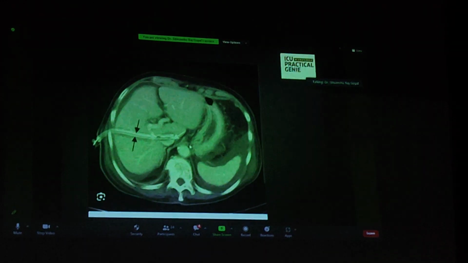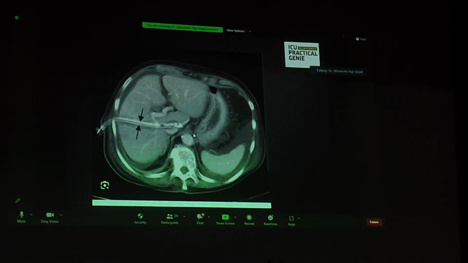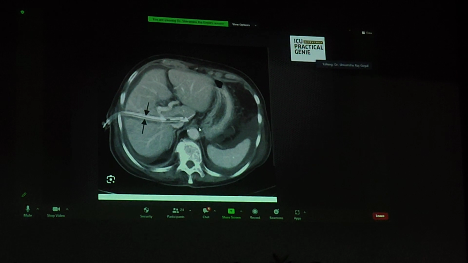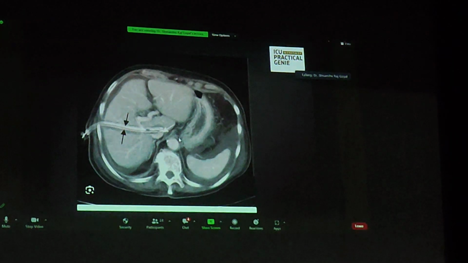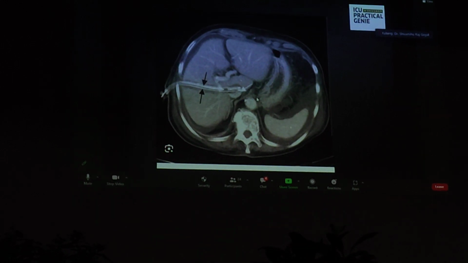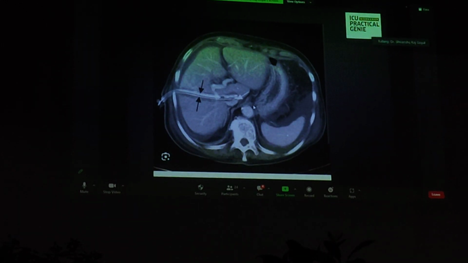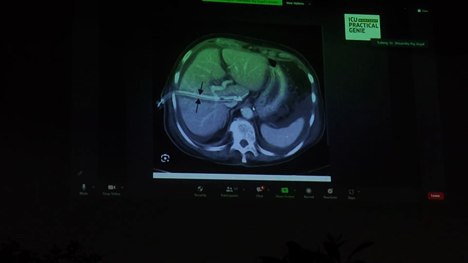Look at this picture. The patient got a chest tube insertion because they saw a deep sulcus sign, and the chest tube has pierced through the liver and further aggravated the problems. This patient had a pneumothorax which could have easily been managed. The only difference was the chest tube was required to be placed in a higher position.